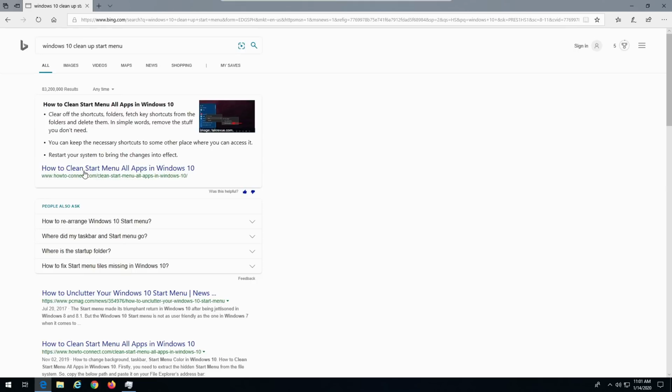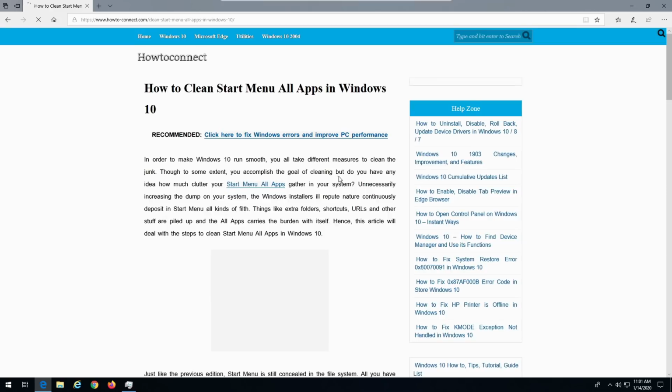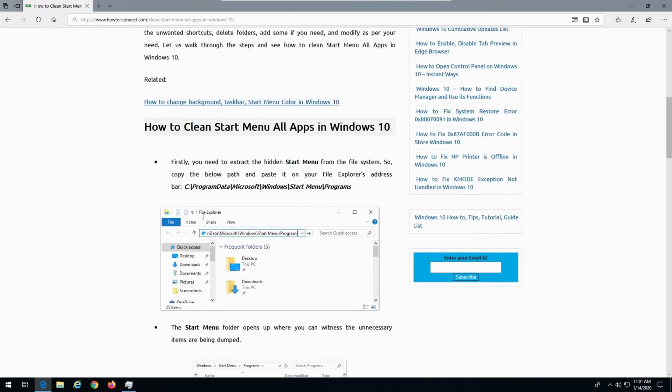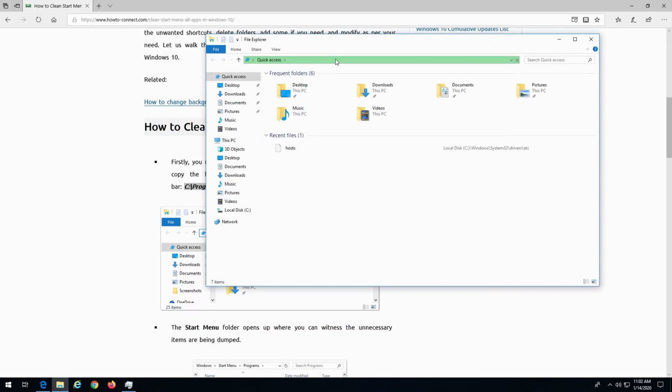So how can you clean start menu apps in Windows 10? So basically reorganizing the start menu. It basically says, hey, you need to go to this folder here. This is basically the same way you used to be able to do it in Windows 7, Windows XP, Windows 95, whatever. But this actually does not work the same way. So we'll boot up your file manager here in Windows, and then we're just going to navigate to this spot. And you can get to this without this script. This just allows us to get there quickly.